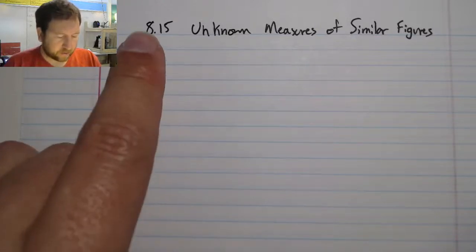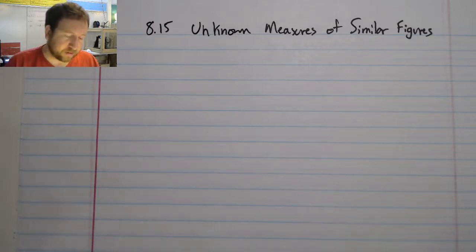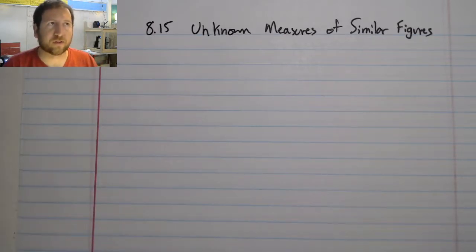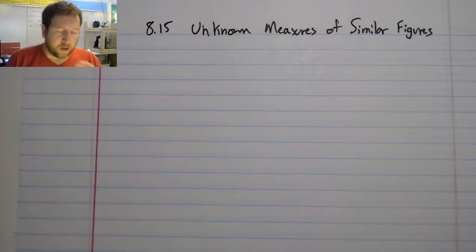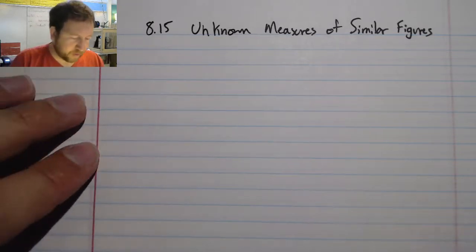All right, I want to talk about section 8.15, unknown measures of similar figures. Now, this is going to be kind of similar to the similar figures and the congruent figures that we've been working on. But the idea or the basics is this. If we start with a problem that says Shelby's father